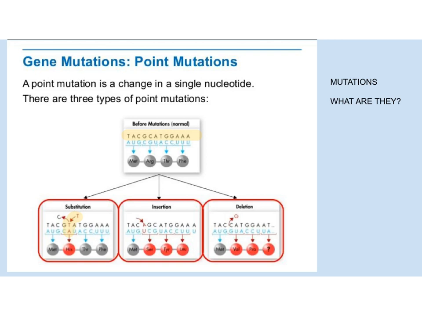Okay? Now that's not usually a huge deal because you're basically only off by one letter. This is where it becomes a huge deal: insertions and deletions. What I mean by that is when you do a substitution like over here, and I just kick out one base and put the rest in, look how much is still exactly the same. This whole area is still correct, and this area before that is still correct. We basically just have one little localized area that's screwed up right there, but everything else is still